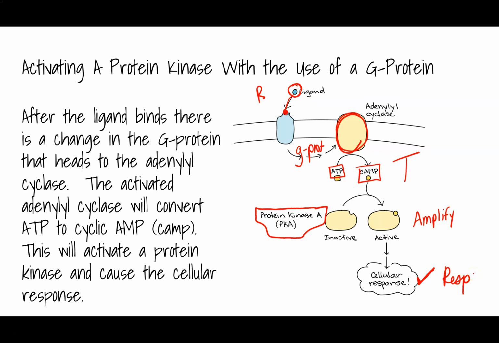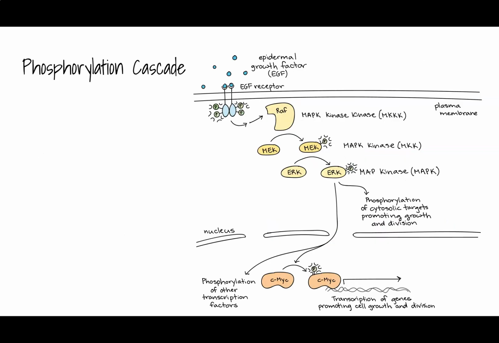So after the ligand binds, there could be something called the G protein. Once again, that'll head to the adenylyl cyclase, taking ATP, turning it into cAMP or cyclic AMP, which could activate kinases and ultimately a cellular response. Another thing that could happen is something known as a phosphorylation cascade, where you just keep on, as you see here, as you're moving through, you're just phosphorylating along the way. Here it is again, causing a